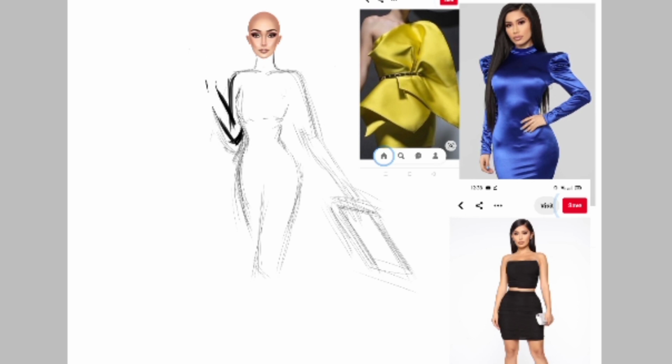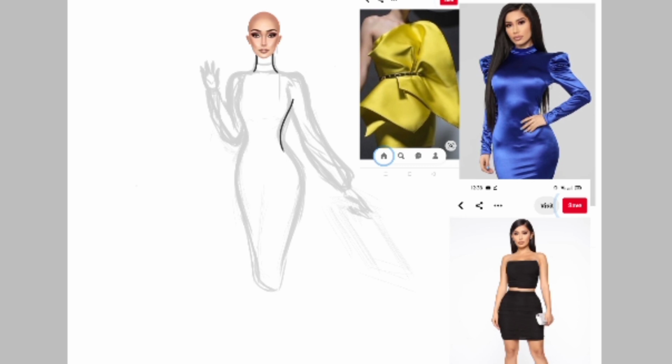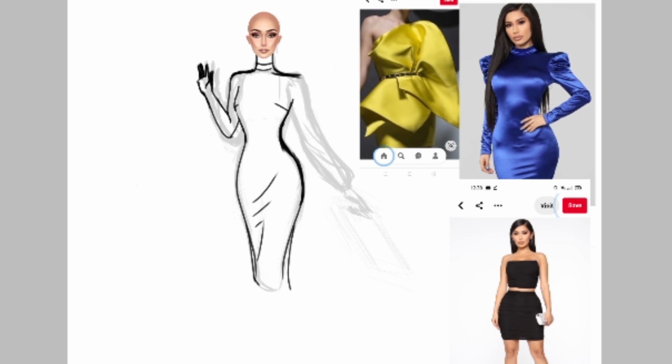So I did have a lot of sketches on how she should look. I was thinking, what dresses should I make her wear? What posing does she have to be in? And I have decided to go with the more natural pose that most commonly someone would do when they arrive at the airport. Of course, she has fans,